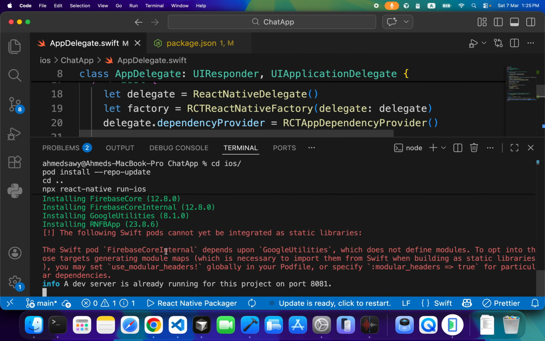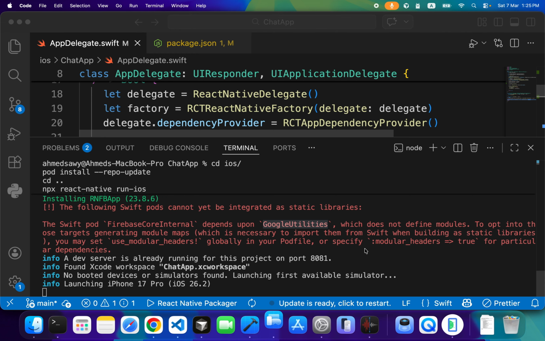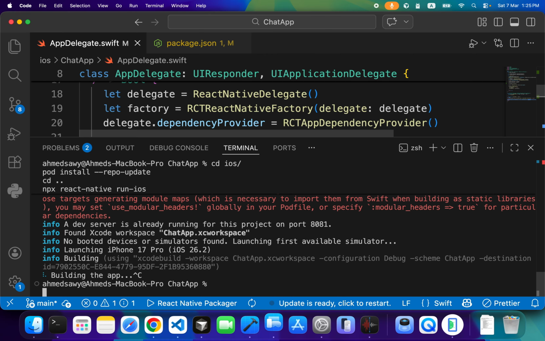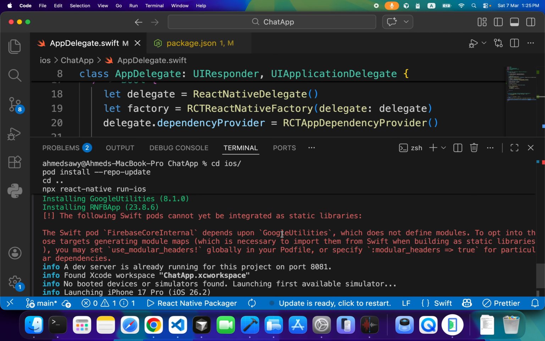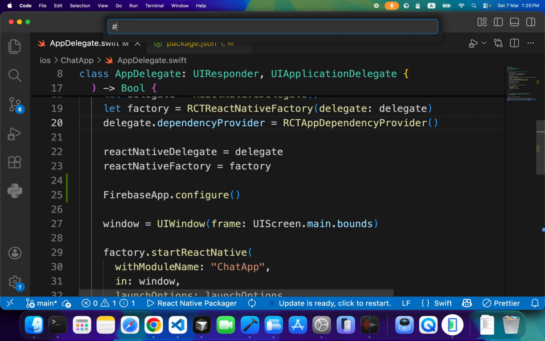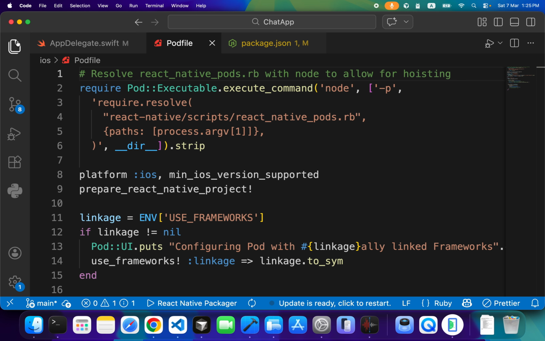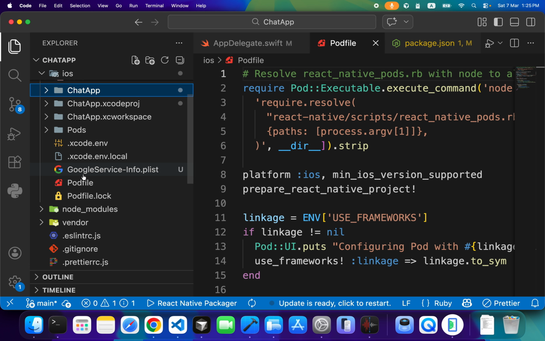Now we got this error. The Swift pod FirebaseCoreInternal depends on GoogleUtilities, etc. So let's stop this command. That's the simulator. And fix this error. This error is very easy to fix. Just go to the Podfile. This Podfile is a file inside the iOS folder. So if you open iOS, Podfile,